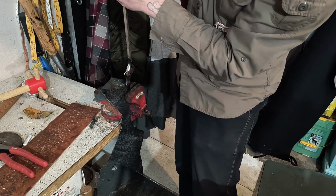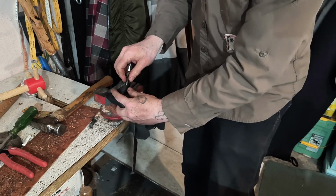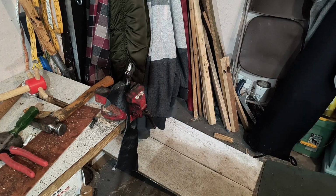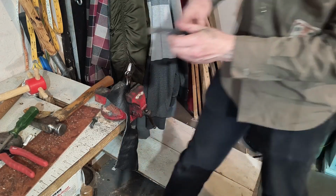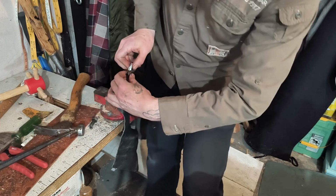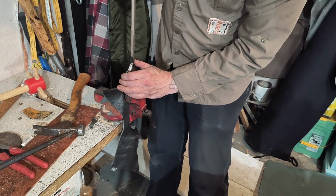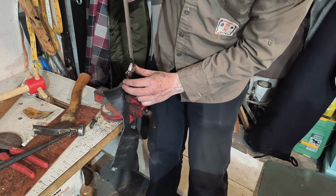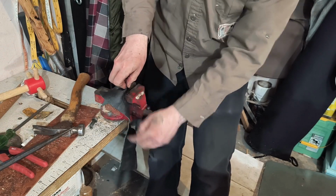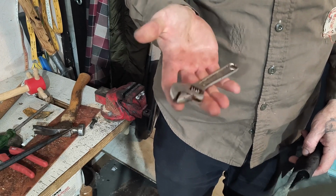A little bit more. Crack it again. Okay. That didn't quite do it. Pop a little bit in the other direction. See if it goes that way any. It travels in both directions a little bit, but not nearly enough. See if we can brush any of the loose stuff out of there. It's kind of nasty. I want to get it to work because it's a nice little wrench, but